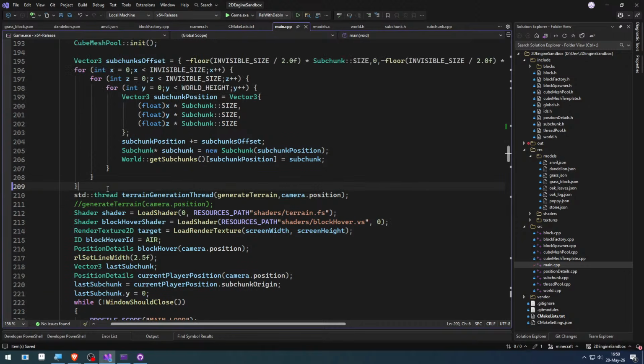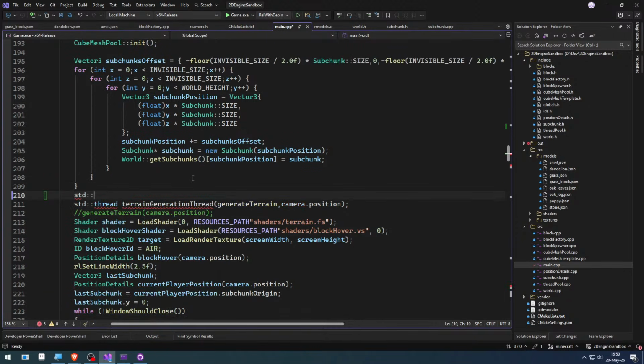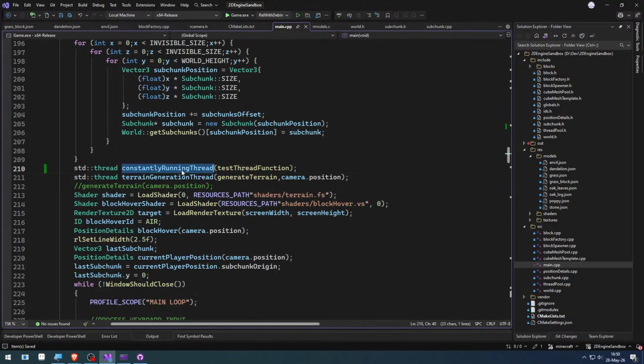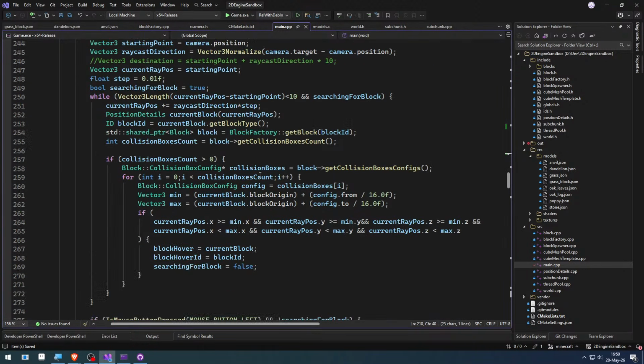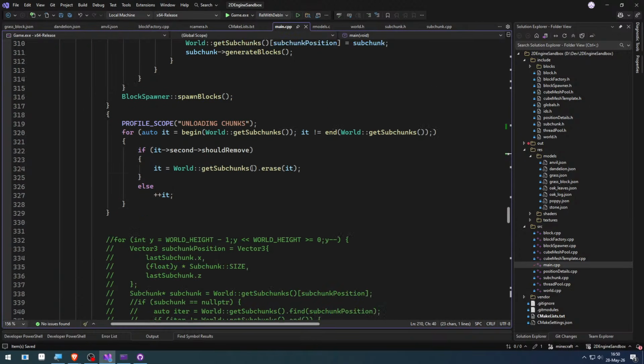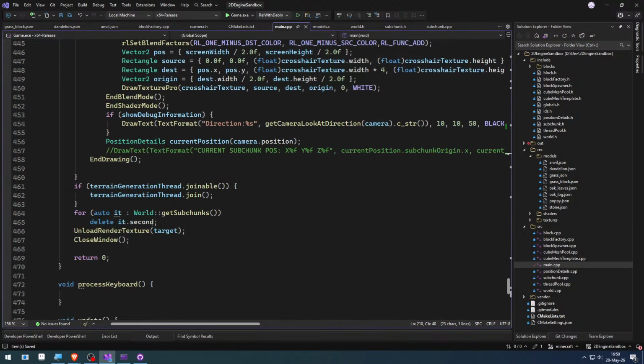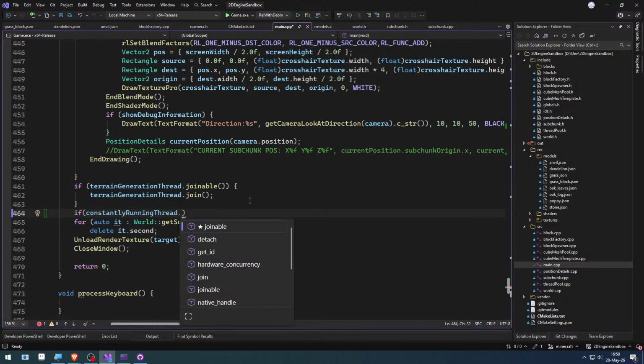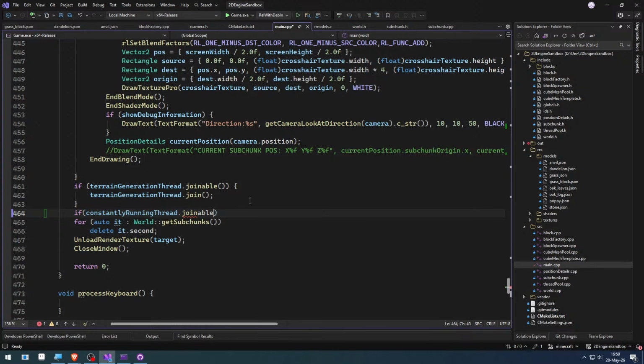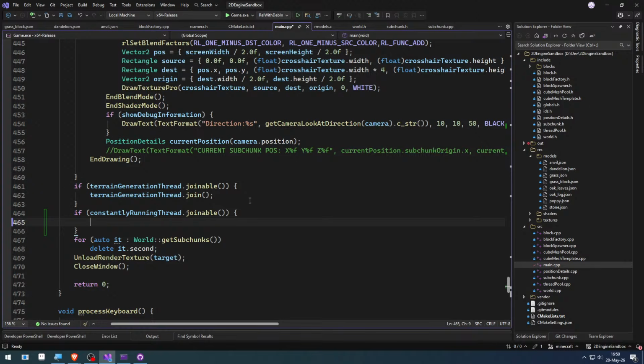So let's do it with the terrain generation. Here, std thread, constantly running thread, and we give it the function that it should run, and we'll join with the thread when we quit the game. So it should be here. If the thread is joinable, to wait it out, but do we actually need to wait it out, since the while loop, it has a